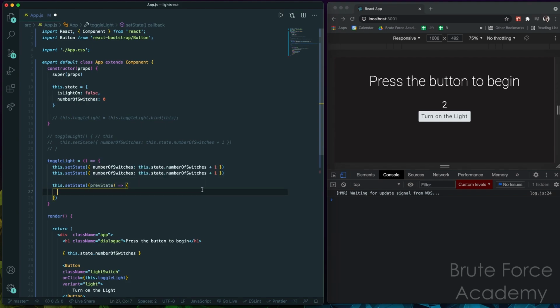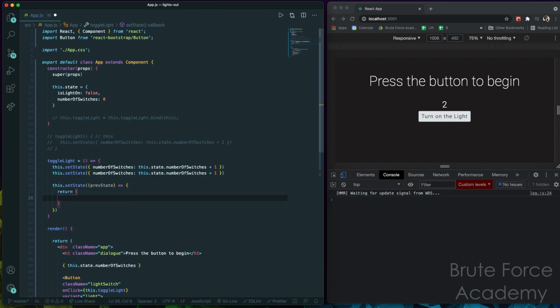So what we can do now is we can say, hey, we're setting state right here, and now we're providing a callback function that has access to what state used to be. And what we can do is say, hey, we're going to return a new state object right here, and we want to change the number of switches. So if we say number of switches, we can say the value of this is going to be previous state plus 1. And then if I save it,